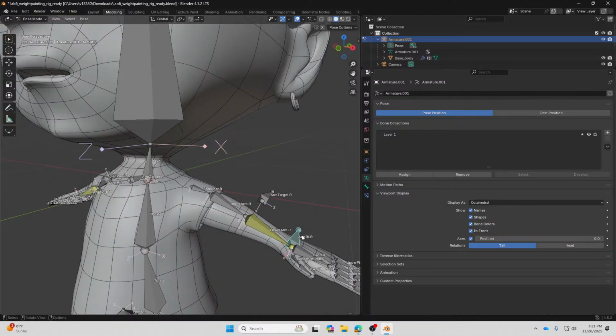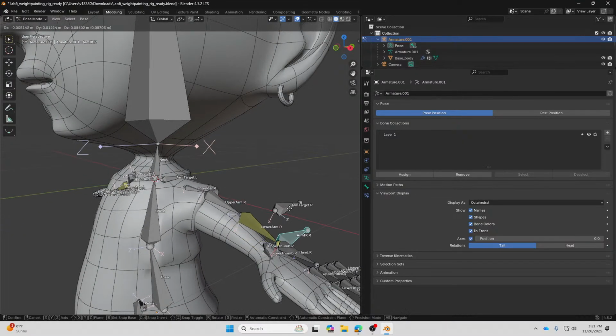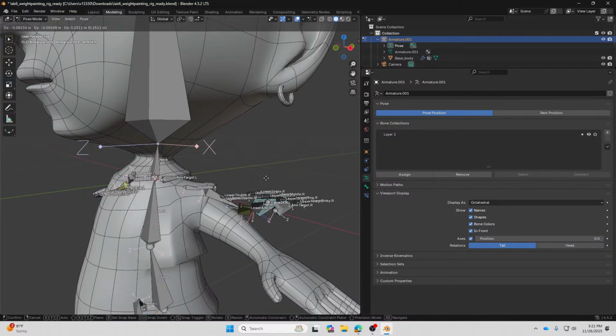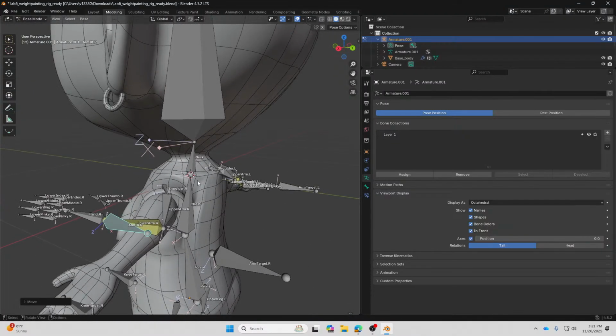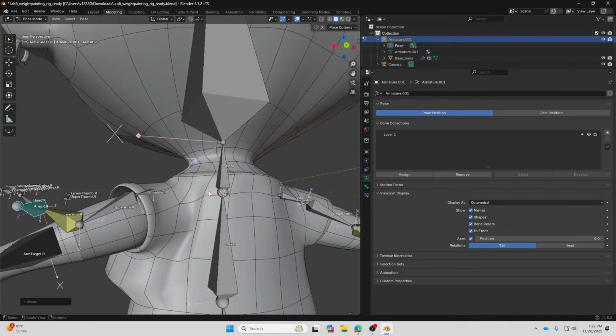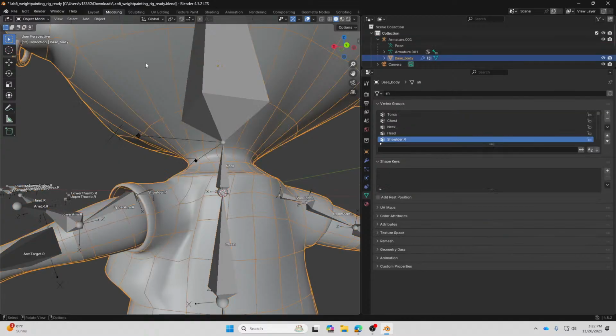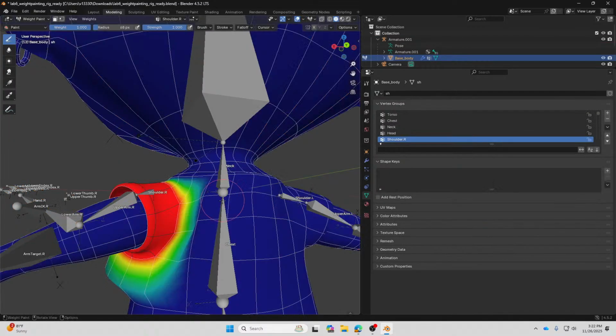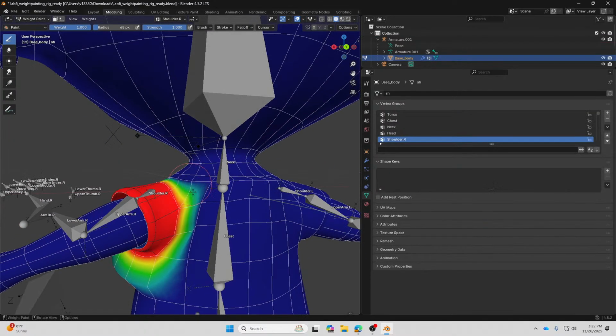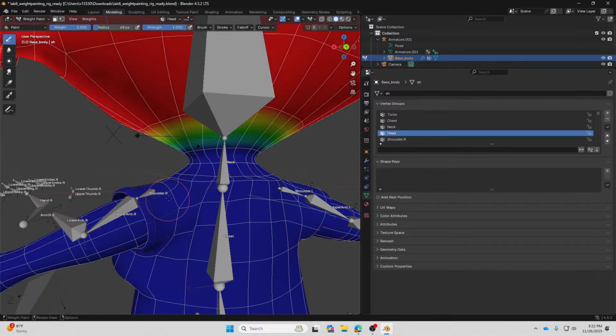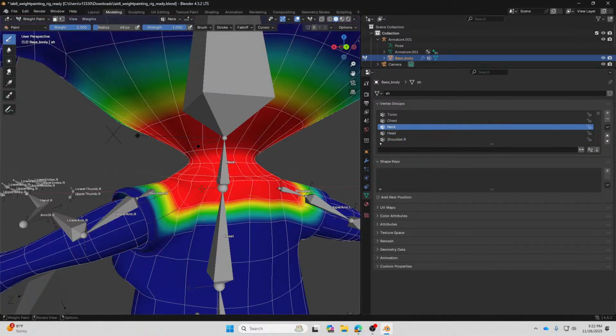Because this one is IK, if I move this one with the IK bones, you're going to see that over here it looks a little bit deformed, because if I go back to weight paint, you're going to see the colors here are a little bit too harsh. The way I can reduce it is to basically check the neck over here, and you see over here is red color.